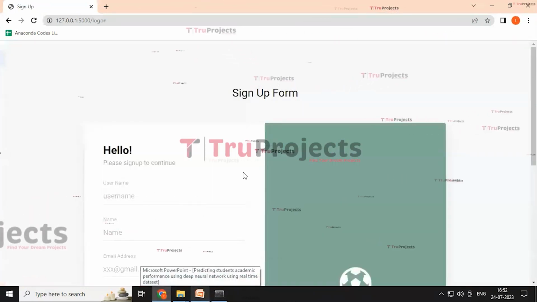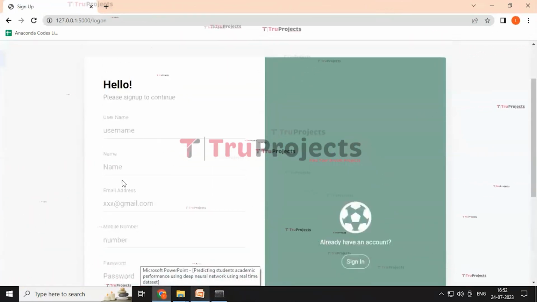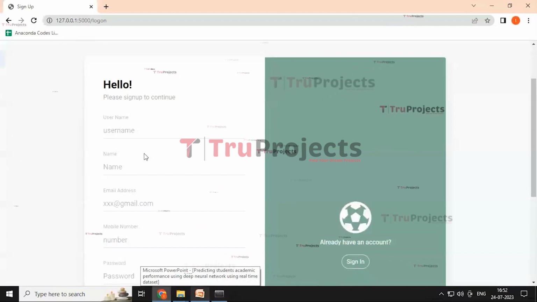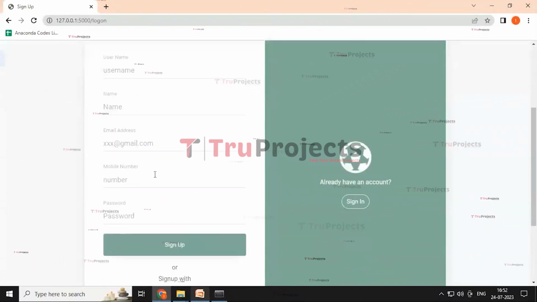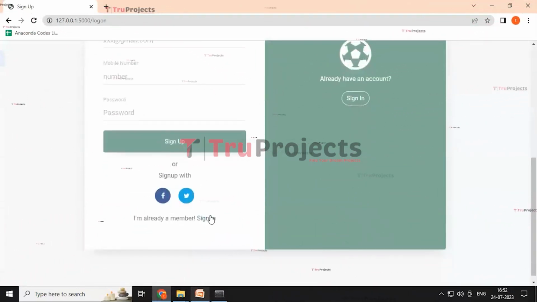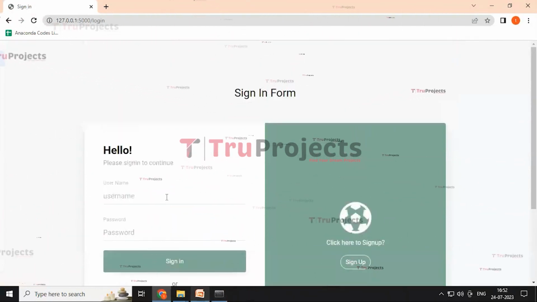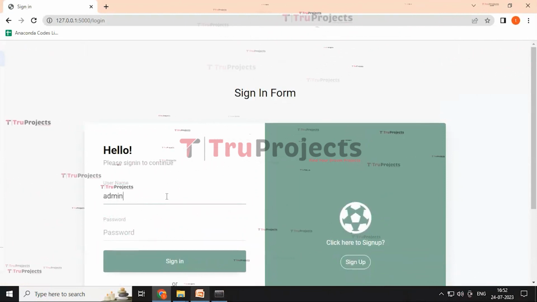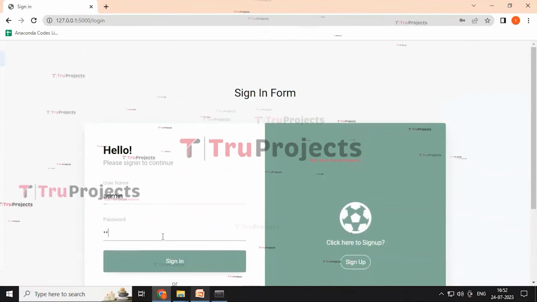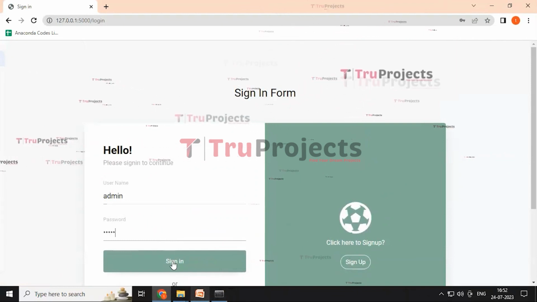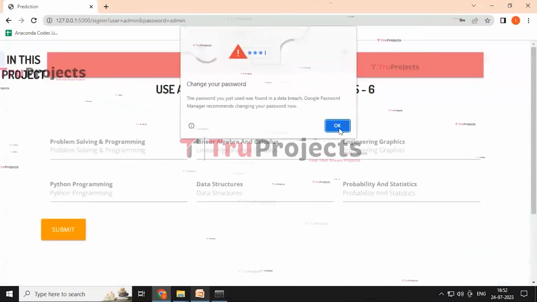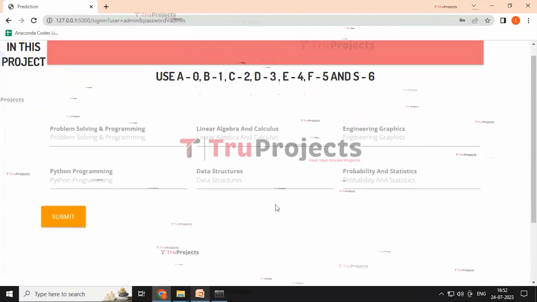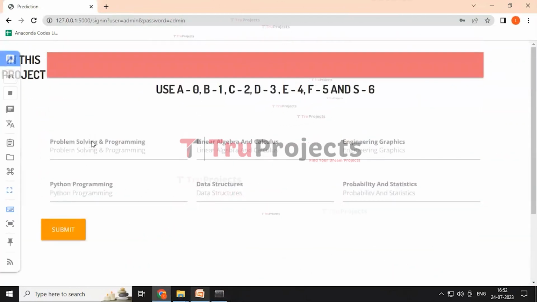Click on the sign up button and we are redirected to the sign up page containing the necessary details we need to fill in for creating an account. But my account is already generated, that's why I'm using the sign in button. Here it redirected to the sign in page. We need to enter the details of admin for the username and password too. And then click on the submit sign in button. Here it redirected to the index page containing a submit button and some input details that need to be